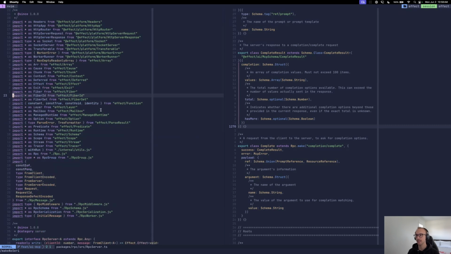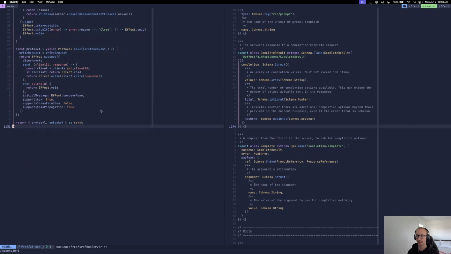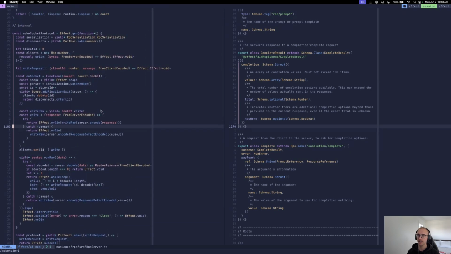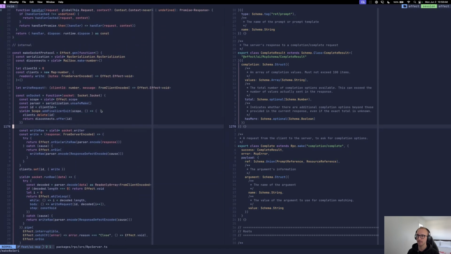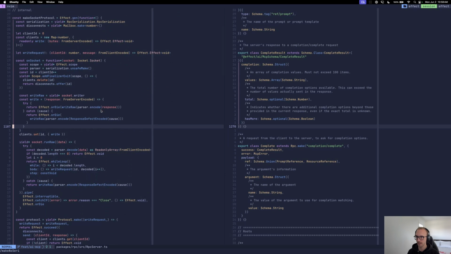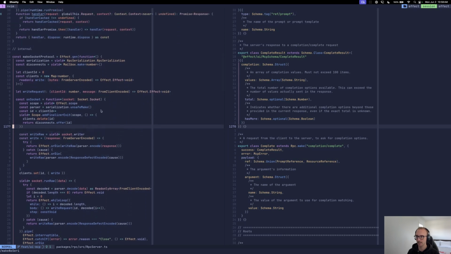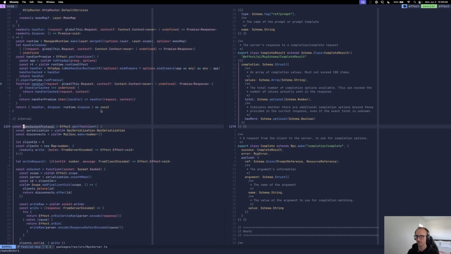And if you guys are curious how this looks in a little bit more of an evolved form, the RPC module that Tim worked on is fantastic. I mean, it is fantastic. It's got a whole bunch of different protocols set up for working with WebSockets, for working with HTTP servers, for working with workers. If you want to see an example of RPC working with a web server, a worker, our content layer